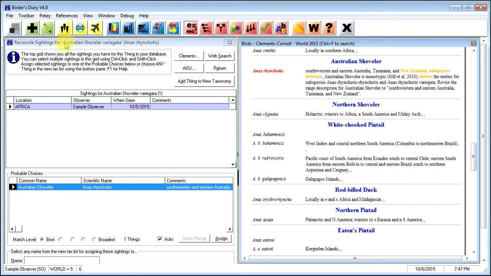So I can transfer, even though the new Clements taxonomic list doesn't show a subspecies for this, Anis rhynchatus. I can add it right here with the click of that button. Let's say I wanted to, just for the sake of demonstration here. Where this button's really useful is if back in the previous version of Clements 6.9 you created some